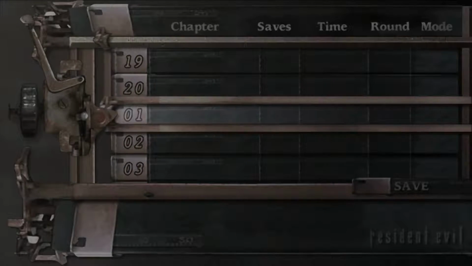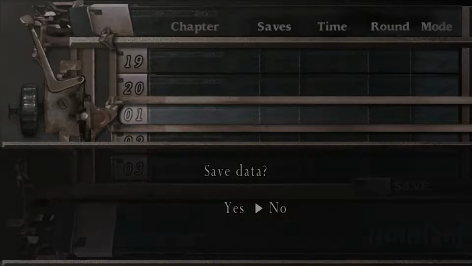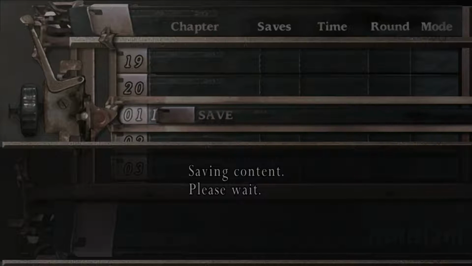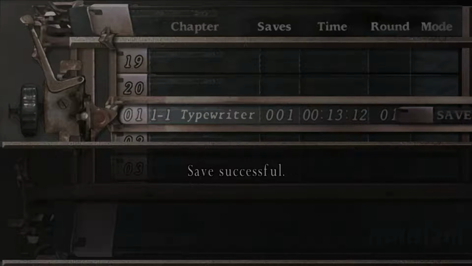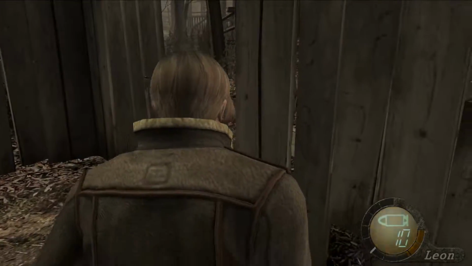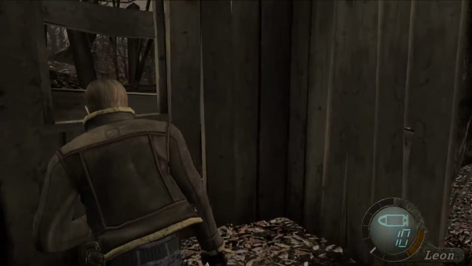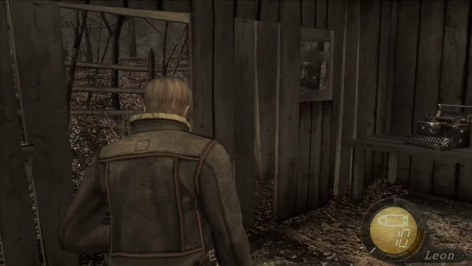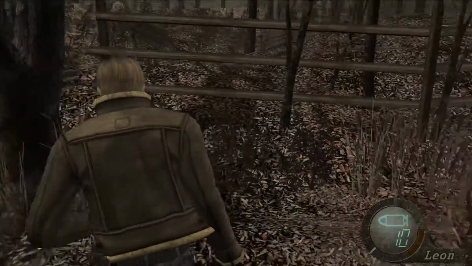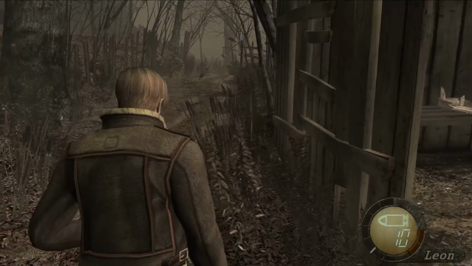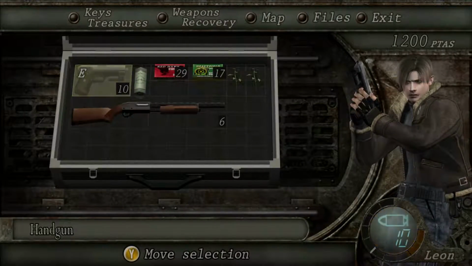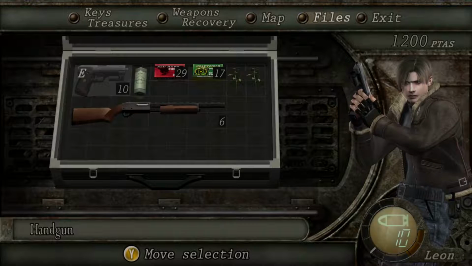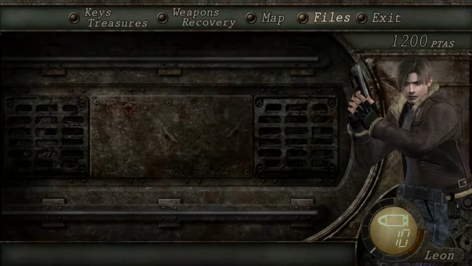So to save, as in the original Resident Evil, you have to come to these typewriters and save data manually. That's the only time you save. No other saves. And that's super old school. And then on top of that, we have the issue of no button instructions. So I kind of would need to figure out through the files or something else